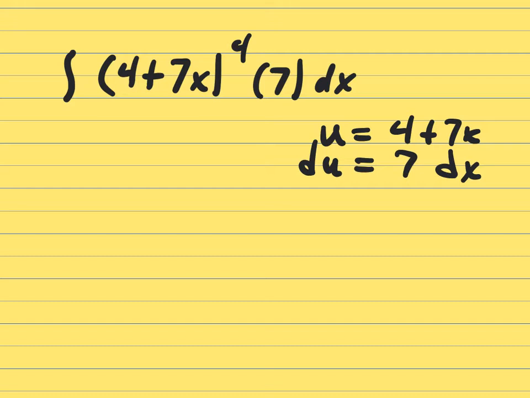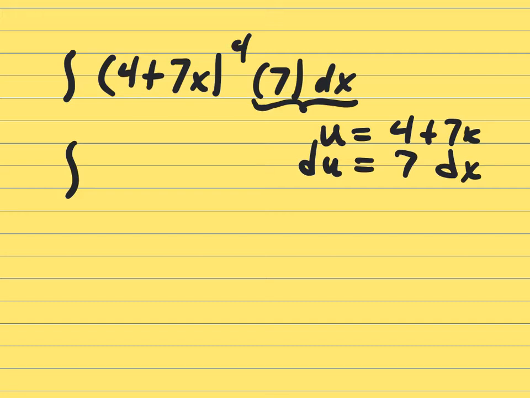The idea is between the substitution and the derivative line, when you go back to the original problem, you want your derivative line to make up the non-grouped part of your integral, for example, this 7 dx. We can replace that with du, so our problem becomes